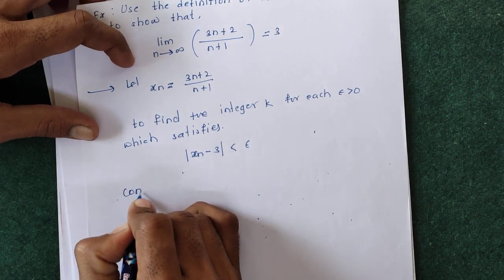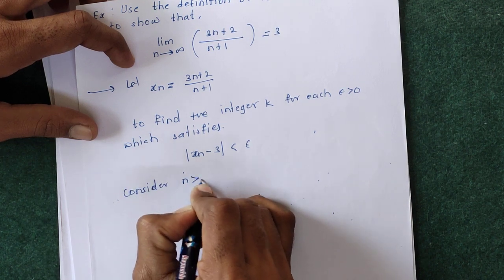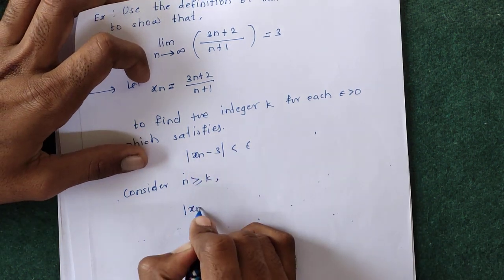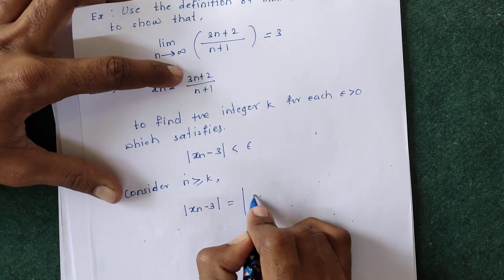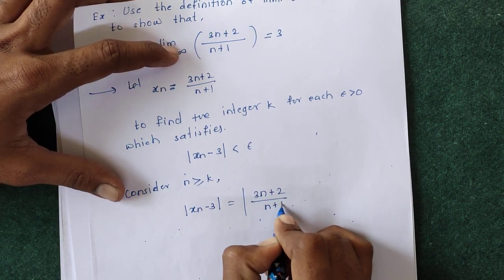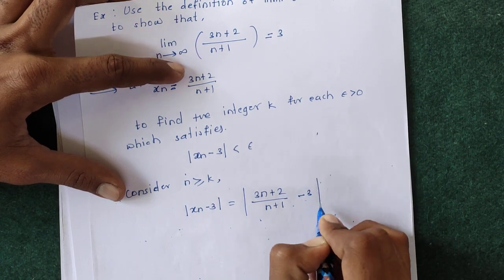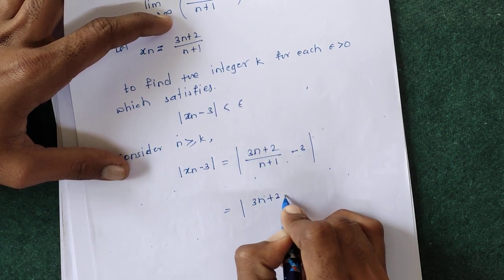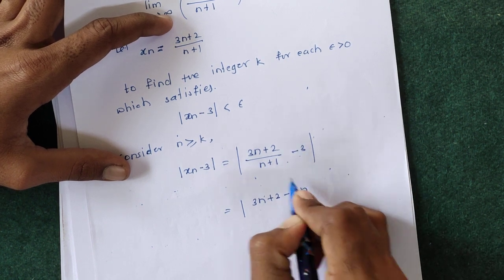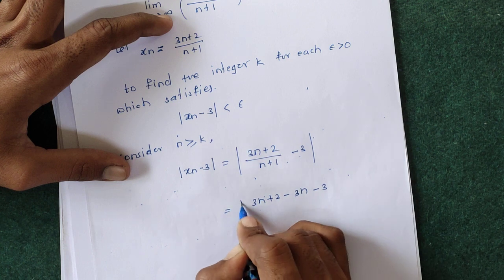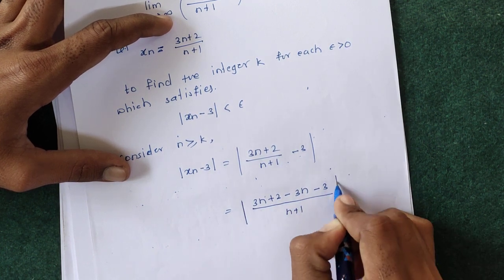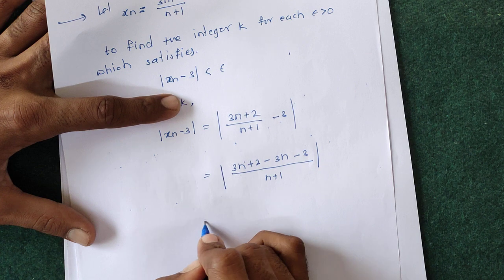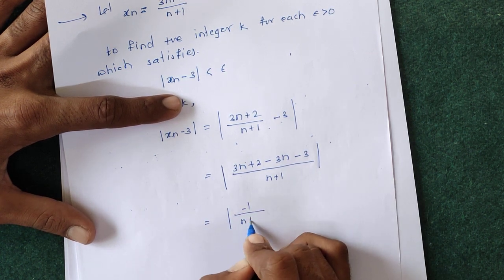Now we consider n greater than or equal to this k. Then if n is greater than or equal to k, this inequality is satisfied. xn minus 3 is equal to 3n plus 2 upon n plus 1 minus 3. We can cross multiply and get 3n plus 2 minus 3n minus 3, divided by n plus 1. Now 3n minus 3n gets cancelled, and 2 minus 3 is minus 1. So we get minus 1 upon n plus 1,